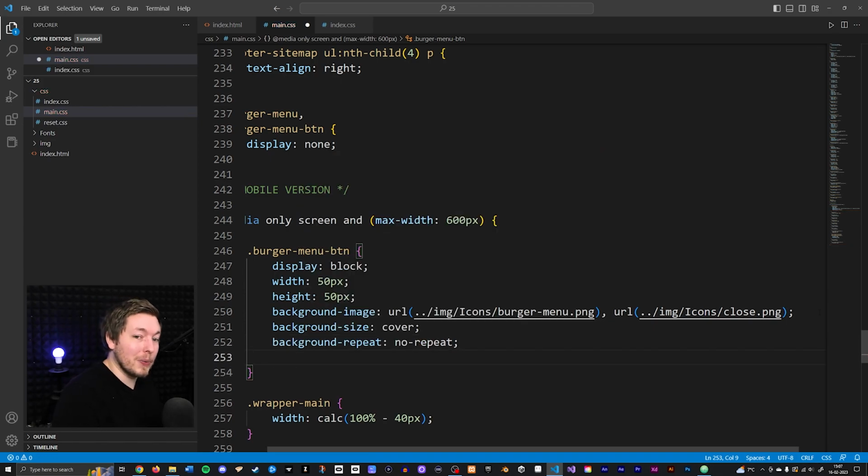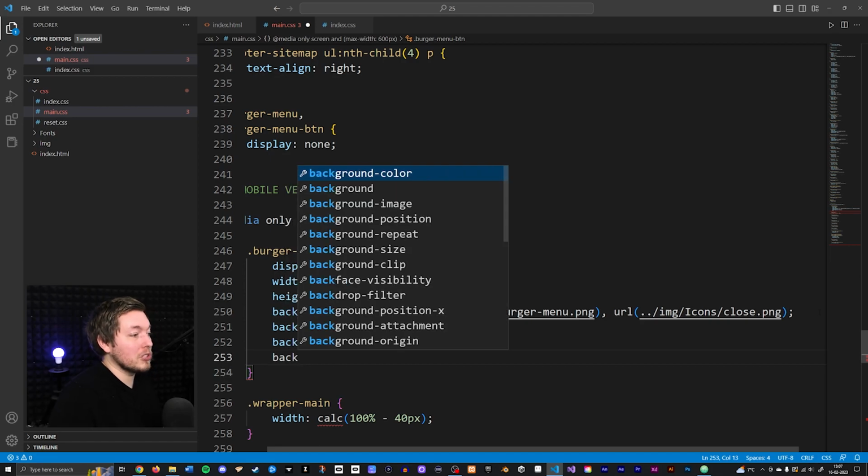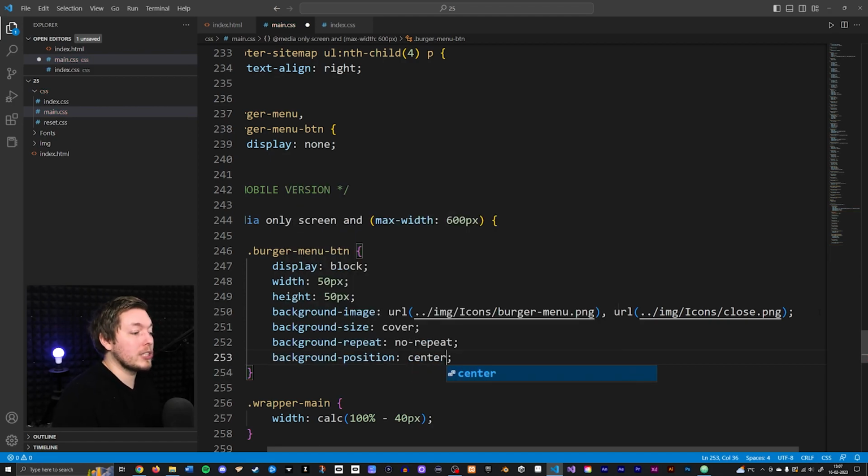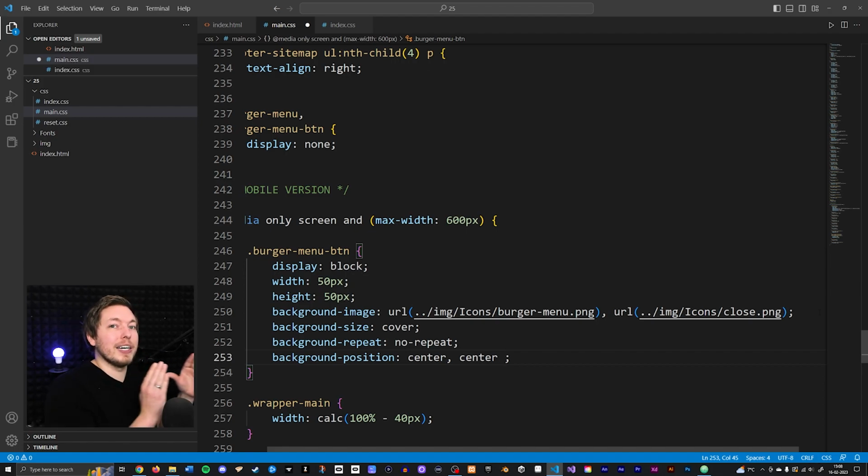Then I'm going to go below again and set a background position. And I want to set this one, at least the first image, to center. And then I want the second image to be center, but also to have an offset of 50 pixels to the left side, which basically means we're pushing this image outside of the border of this container, so we can't